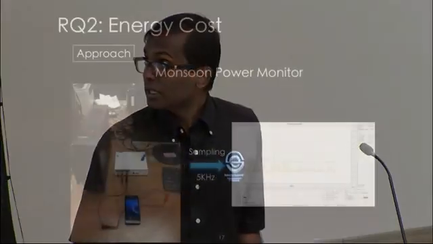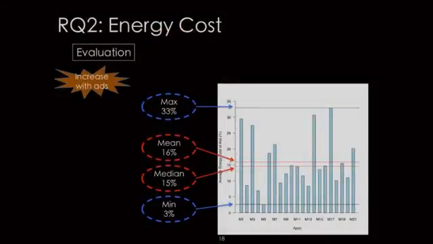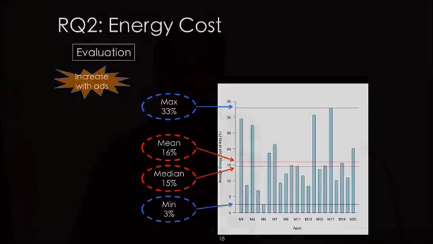The second cost that we measured was the energy cost. For this, we connected the device that we tested on to the Monsoon power monitor, and we sampled it at a frequency of 5 kilohertz, and we measured the power used by the app when it was run with ads and without ads. And again, like before, no surprises, we found a considerable increase in energy consumed. The mean and the median were around 15-16% more energy consumed when the app had advertisements in it. The top application, M17, had about a third more power consumed because of the